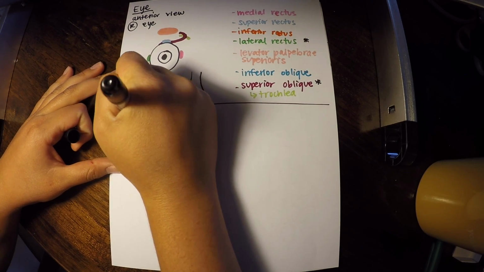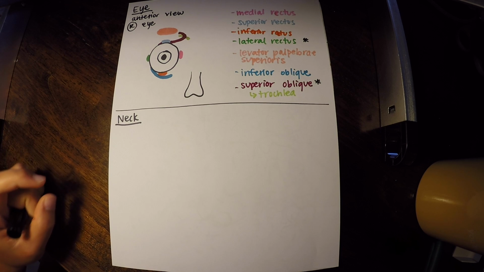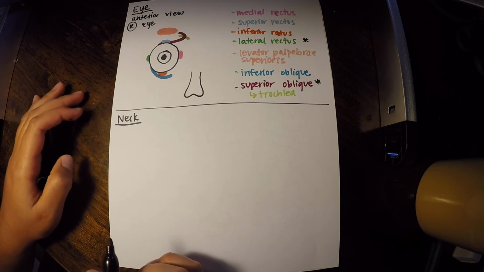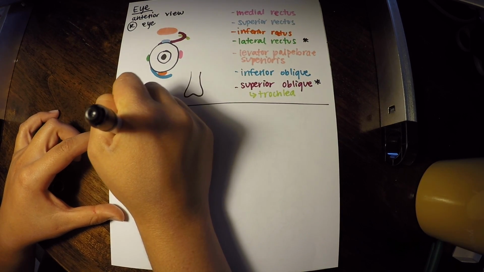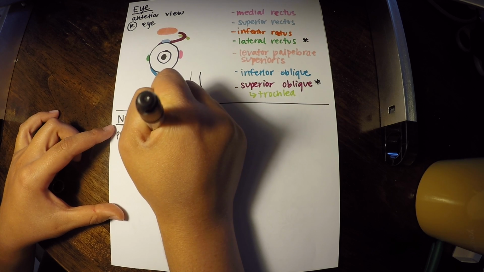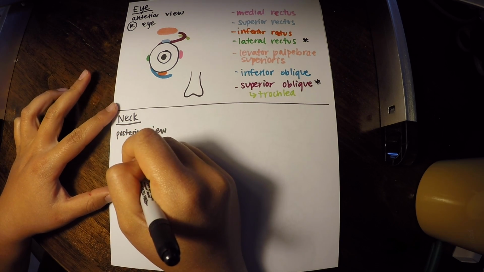All right, muscles of the neck. Now, we're only going to cover, let's see, 1, 2, 3 muscles here that I view as the most important ones. Now, let's start with a small posterior view. We need the posterior view just to look at one of those muscles. And they're really important muscles because they can lead to a lot of symptoms in people. So let's draw them out and then we'll talk about them a little bit more.